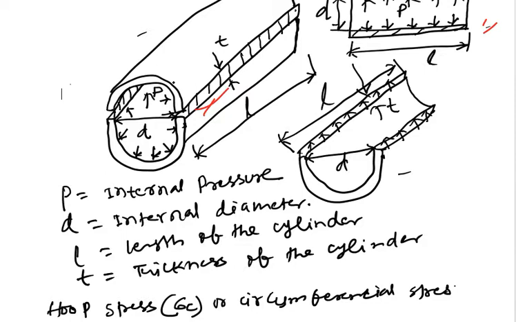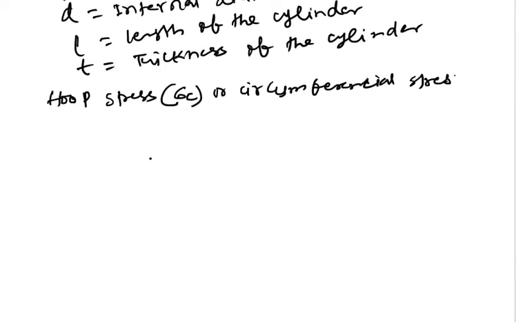So when a pressure acts, the body will also offer a resisting force to maintain its existence. The body will try to apply an opposite force against the internal pressure P. So we will have two forces when a pressure is acting on a thin cylinder. One force is the bursting force, correct?